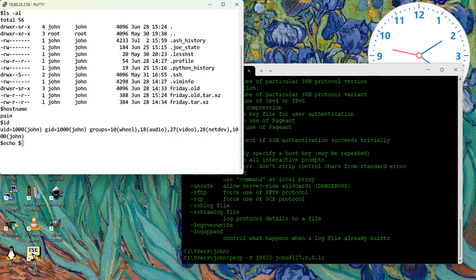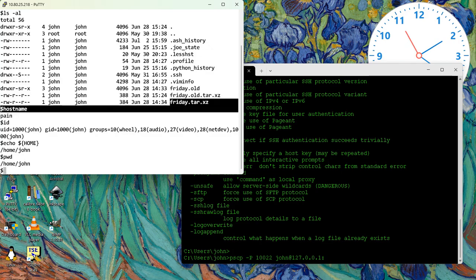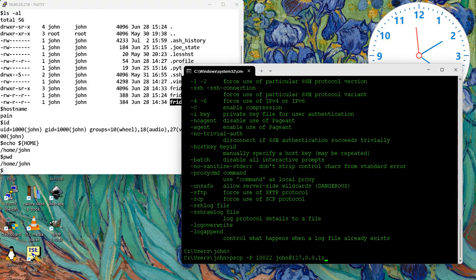So we can echo home and we'll see, yes, there it is. Where are we? We're in home. And we want this file. Friday tar XZ. So we'll come over here and we'll say, okay, PuTTY, secure copy protocol on the port